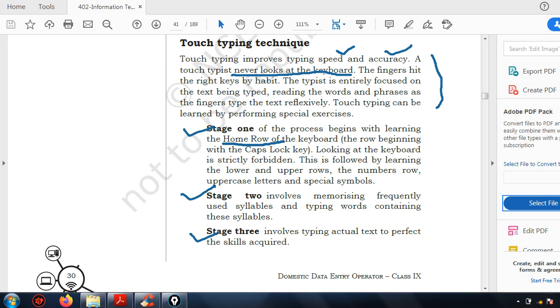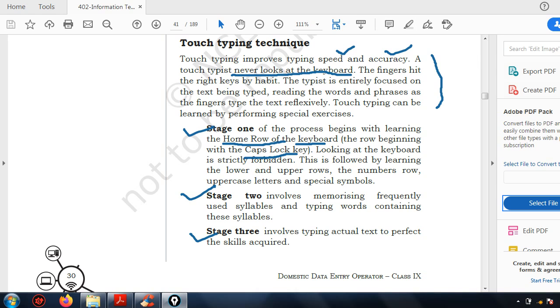In my earlier class we have already seen what the home row is. It is the row beginning with the caps lock. Looking at the keyboard is strictly forbidden. This is followed by learning the lower and upper rows, the numbers row, upper case letters and special symbols.